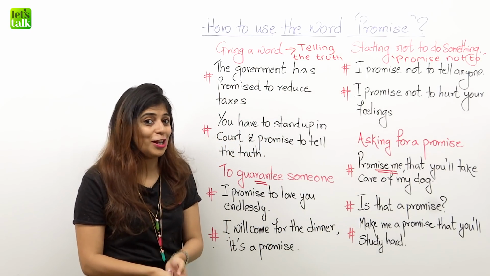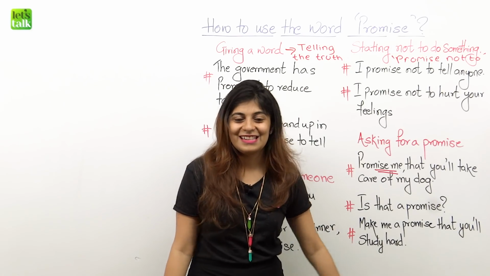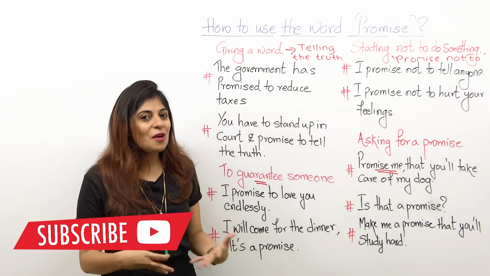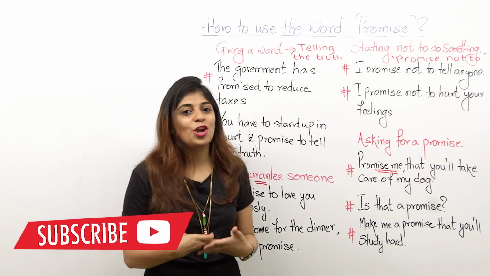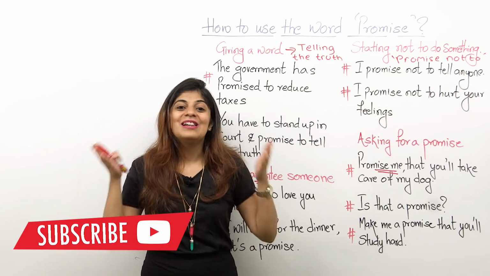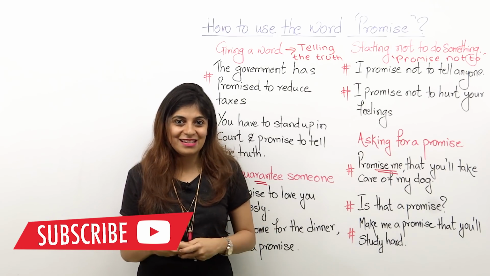Okay, you want your child to be extremely intelligent and do well in their studies, and that's how you ask for a promise. Right, so this is really simple, though it is such a common word that we end up using endlessly. So now you know the next time how to use it, how to put it in your sentences and in your conversation.